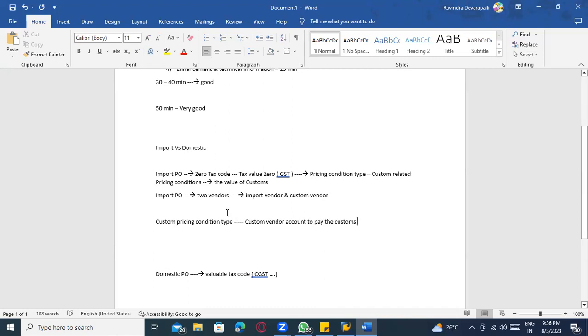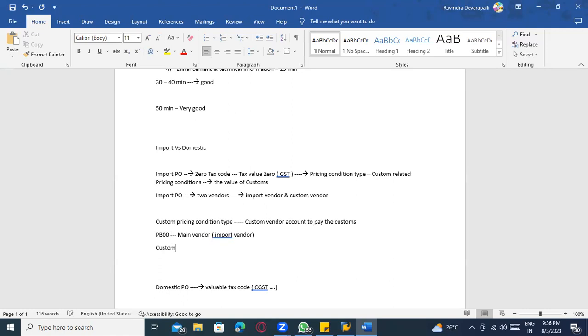That means the main PB00 will go to the main vendor, that is the import vendor. And the customs related condition types, like JBD or whatever the condition type is, the customs related pricing conditions, that will be maintained for the customs vendor.